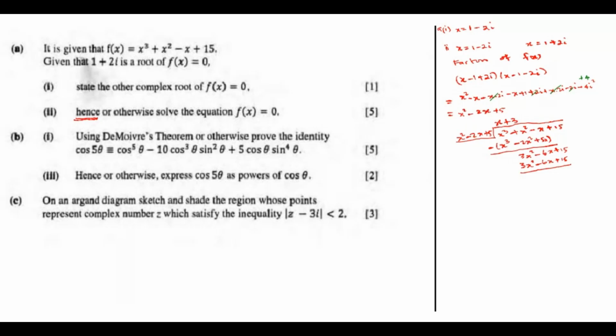So it therefore means that f(x) is equal to x squared minus 2x plus 5,